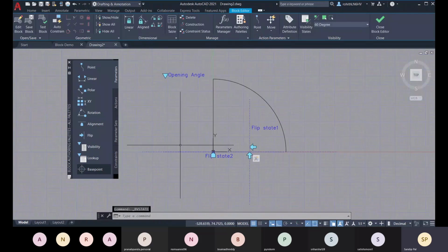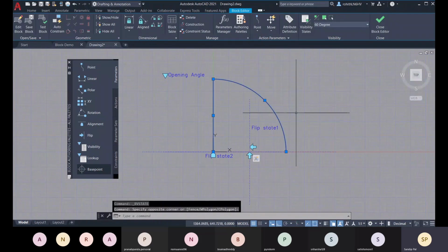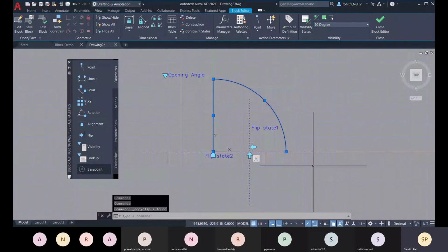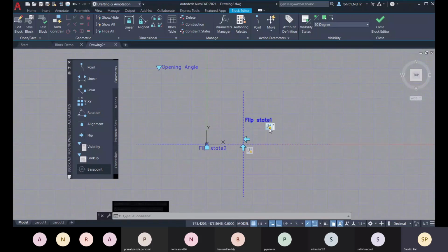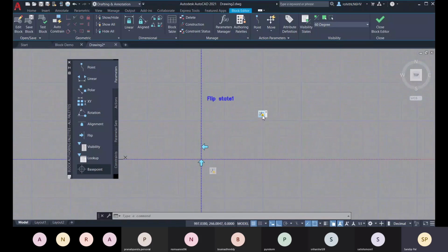Here I don't need these two objects, so I'll just go for Control C, and then I will delete them. Now you see this exclamation symbol is there because the objects are missing right now.